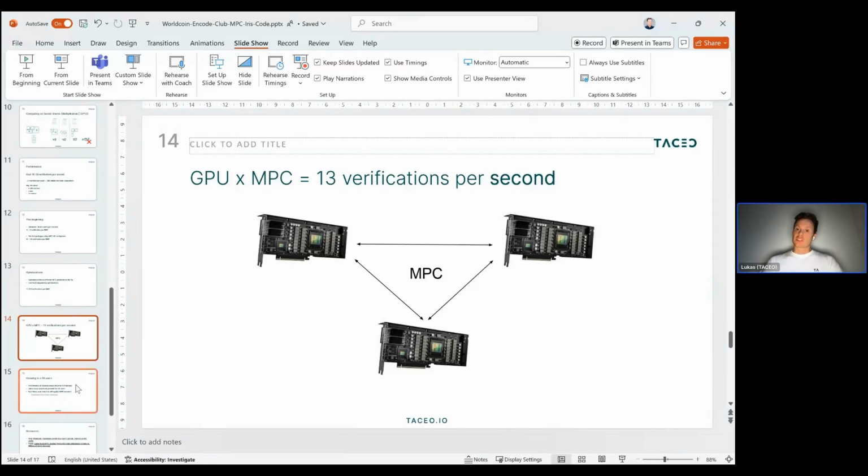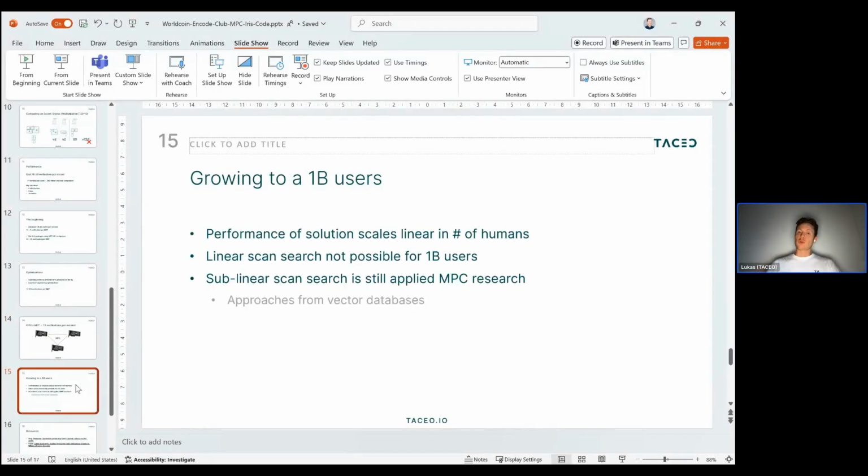6 million users sounds like a lot, but the goal of Worldcoin is way more ambitious. For growing to 1 billion users, this solution won't scale, because its performance scales only linearly in the number of humans. So if the database grows, this gives a lot of overhead. We cannot simply do a linear scan search so easily for 1 billion users, even without MPC, so even without privacy. So we have to do something like